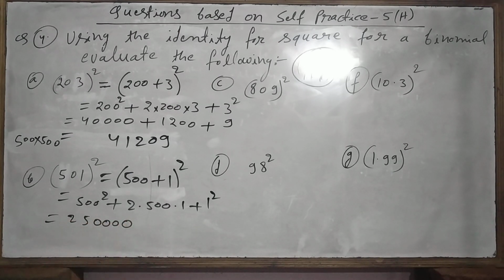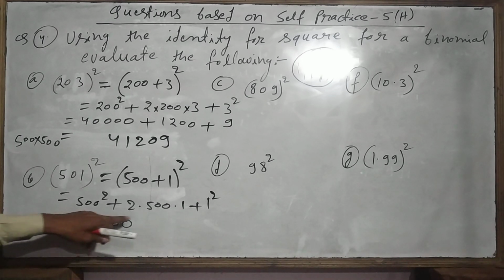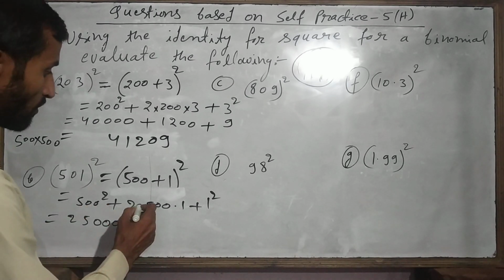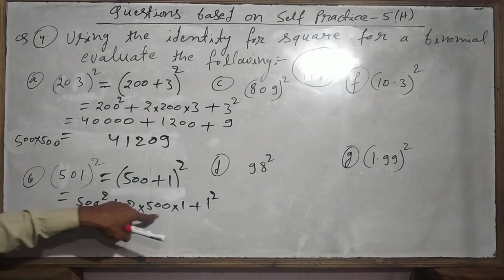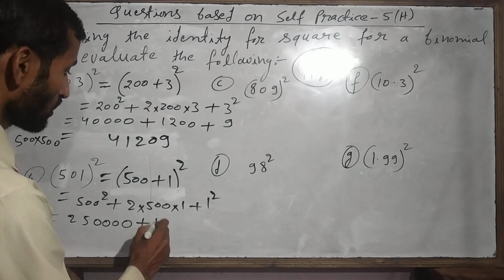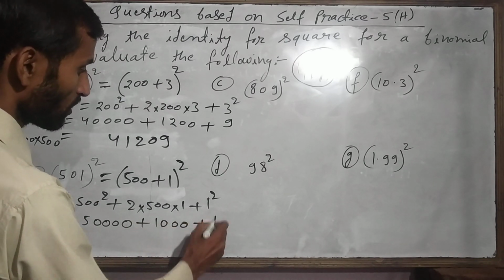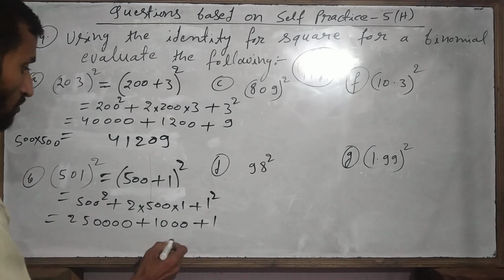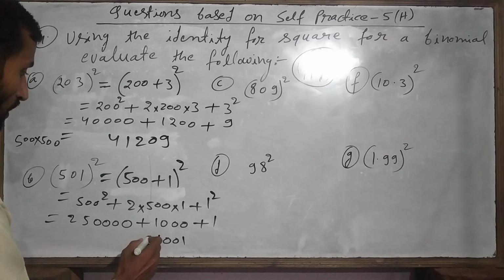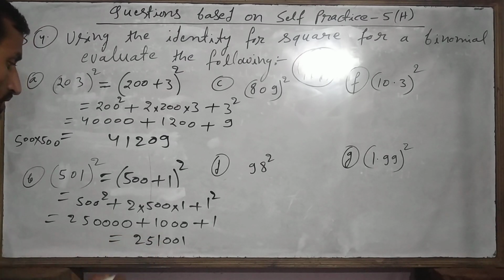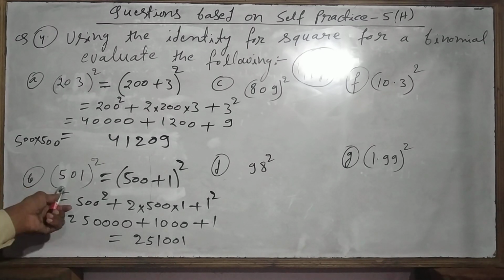So it will come 250,000, means 2,50,000. Okay. After that, this one is not a decimal point, it is just multiplication. So after that multiply 500 into 2, it will come 1000, plus 1. Now add all the numbers, then you will get 1001 like this, and then 5 and then 2. The final answer is 2,51,001. Means the square of 501 is this one. Like this we have to solve.